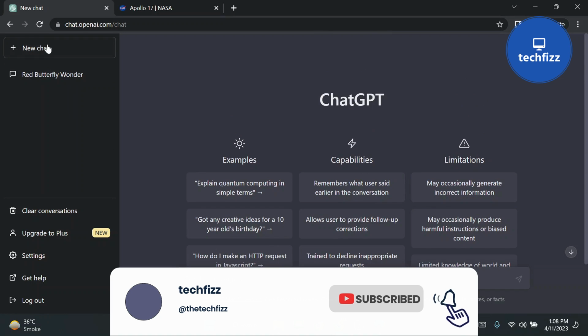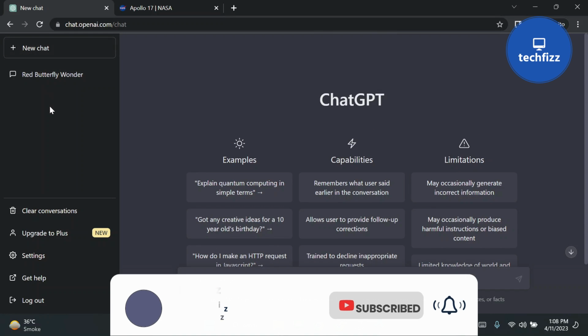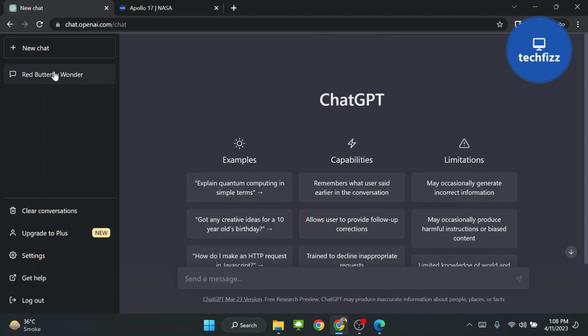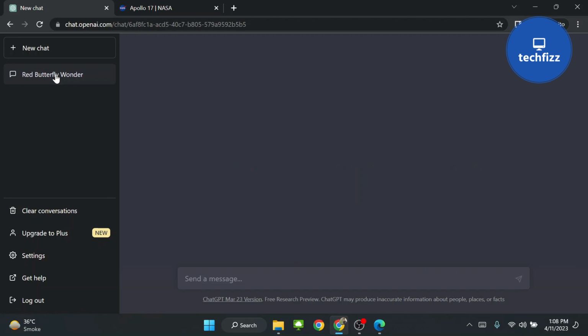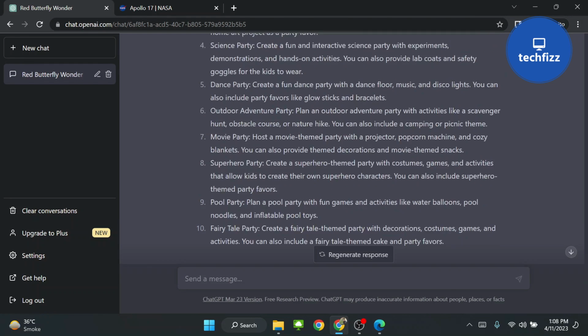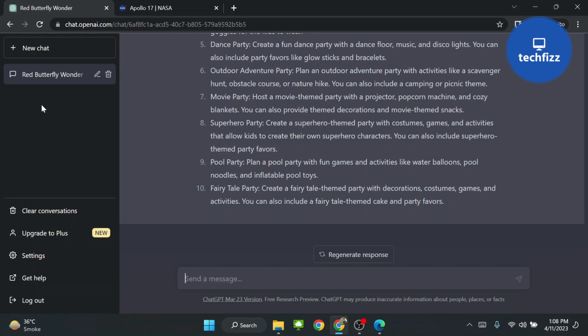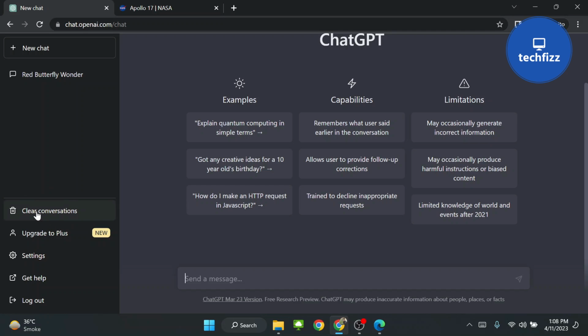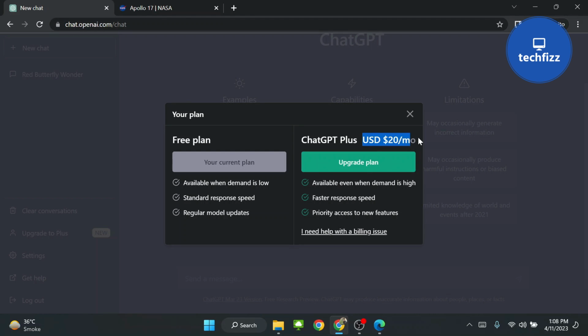We have the option to save the chats that we do with ChatGPT. This is one of the old chats that I did, Red Butterfly Wonder. You can see the history of the chat as well. We have a new chat, and a clear conversations option here. We can just delete these conversations. Upgrade to Plus: if you click on it, we have this $20 per month ChatGPT Plus plan.